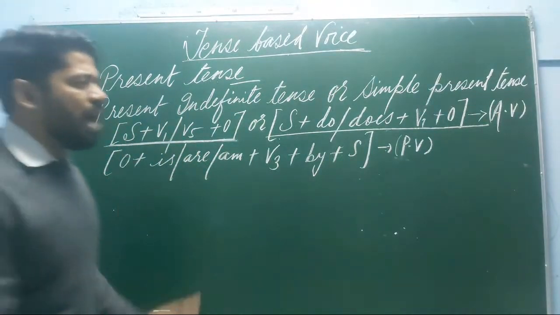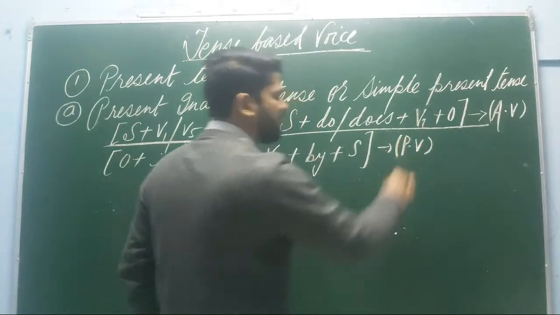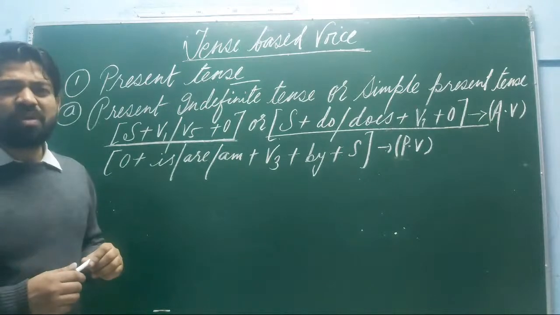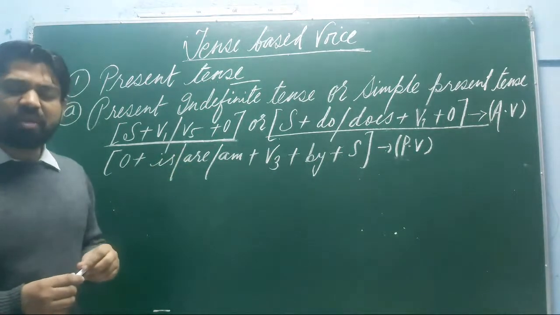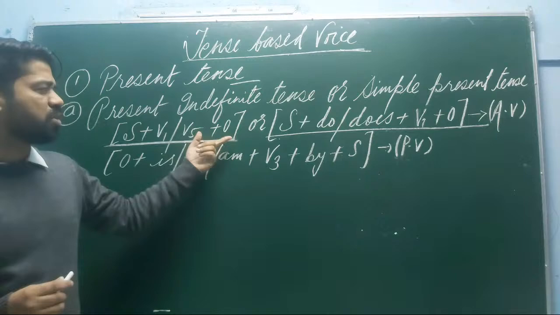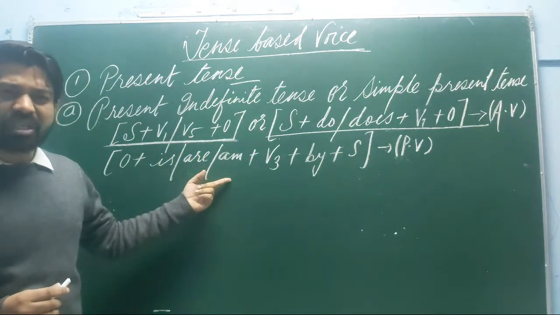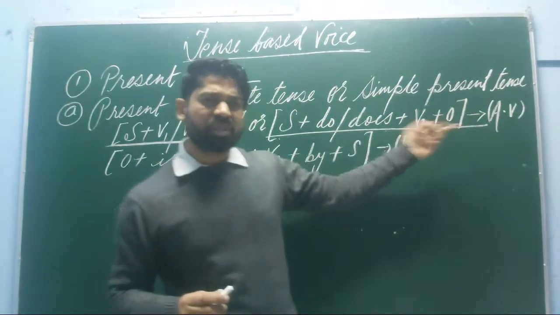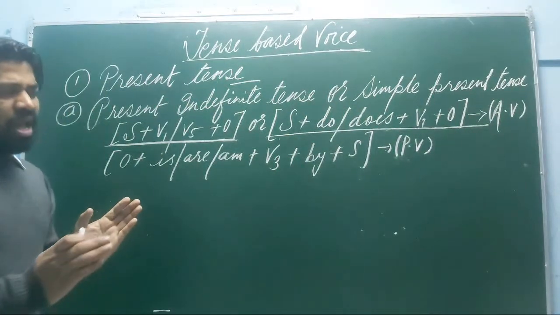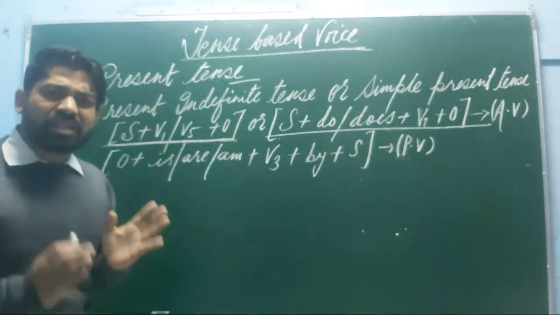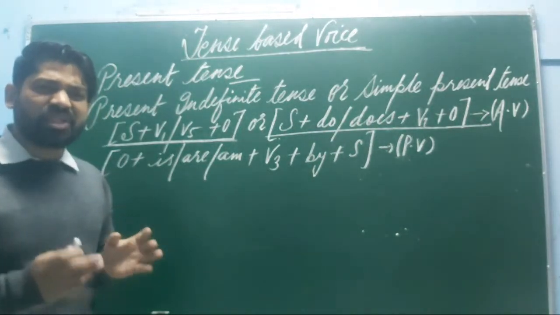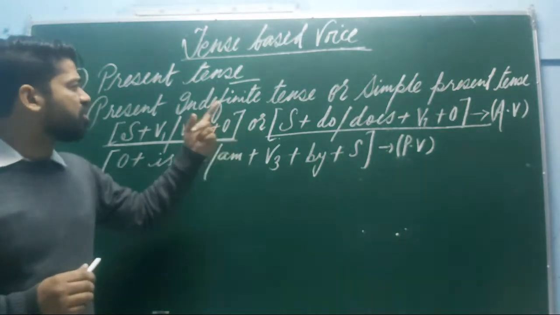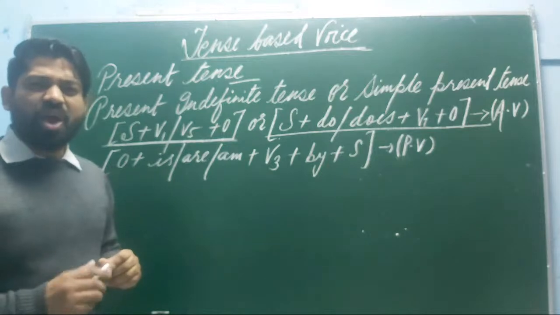Now, after recognizing that a sentence is in the simple present, how will you be able to convert it into the passive voice? As you are seeing just below it, what I have written, this one is the PV, the passive voice, and that was the AV, the active voice. If you are not going to recognize the sentence, what is the basis of the recognition? The basis of your recognition will be this structure, that is, the present indefinite.